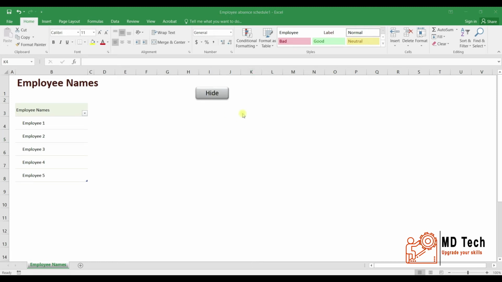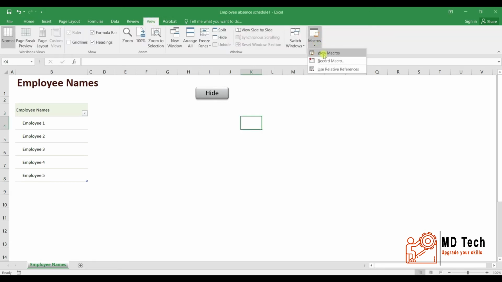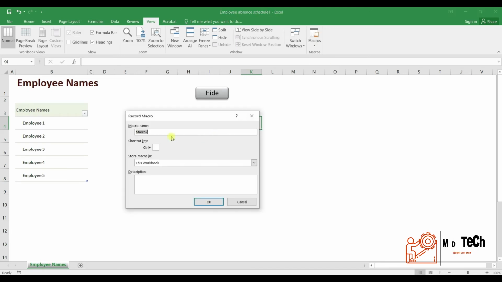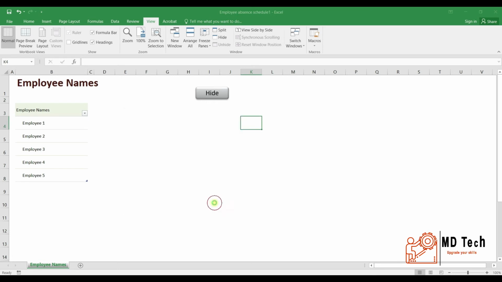Let's record the second macro. Similarly, click on View, Record Macro. I will name it Unhide. If you want to create shortcut, you can. I will skip this. To unhide worksheets. Click OK. Now I will unhide